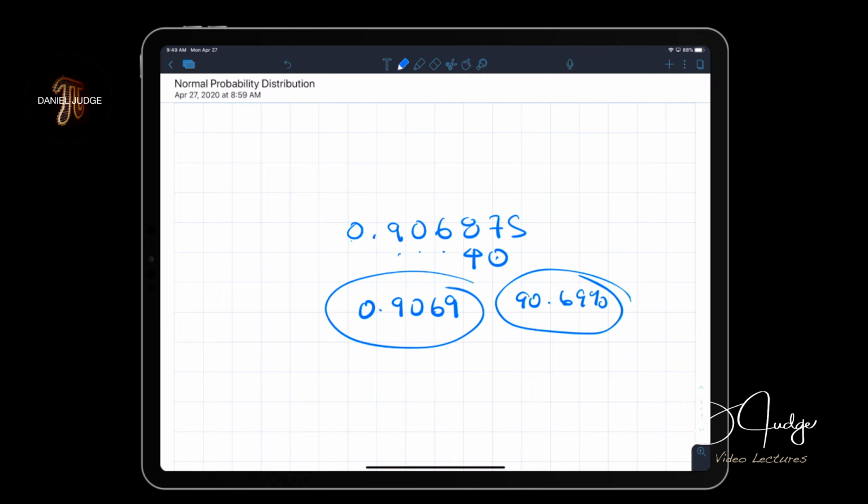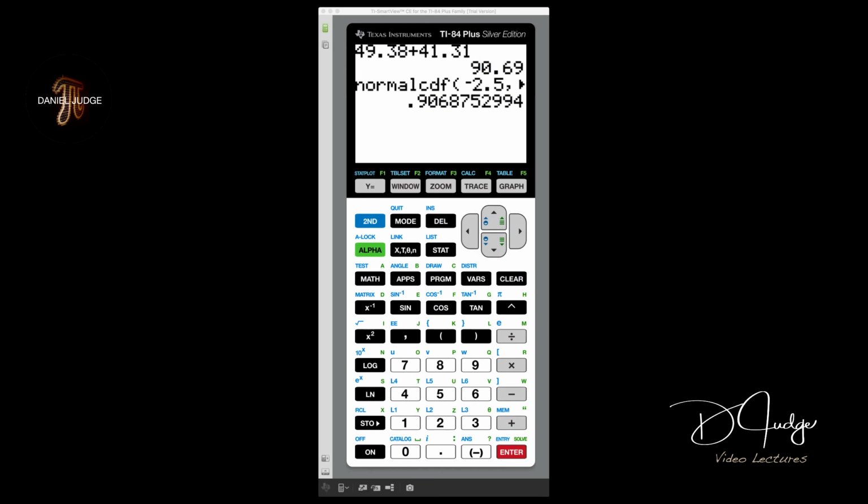So this is exactly what we got earlier when we added the areas using the Z table. So I'm showing you guys how to do this by both methods, because some people,